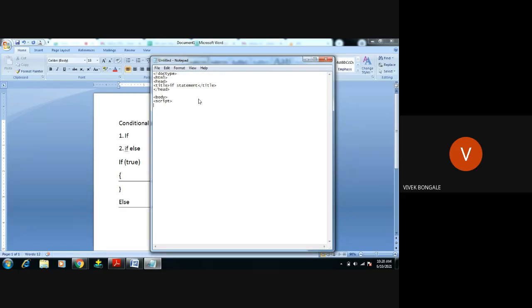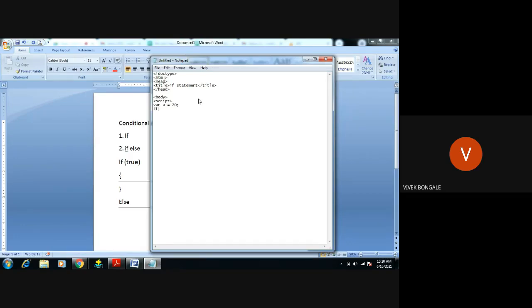Next, script. Here, before checking any condition, first we have to declare the variable. First we have to initialize some variable here, in order to pass that variable value in the conditional statement. So var is the keyword. In order to create a variable in JavaScript, where there is no data type, directly give the variable name equals the initialized value. I give a equal to 20.